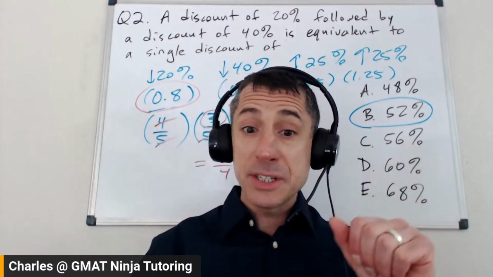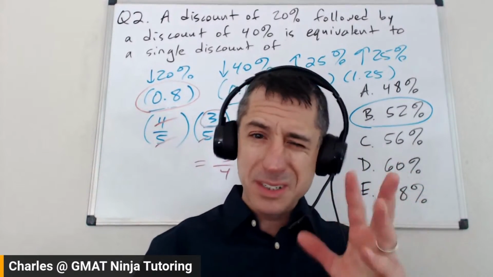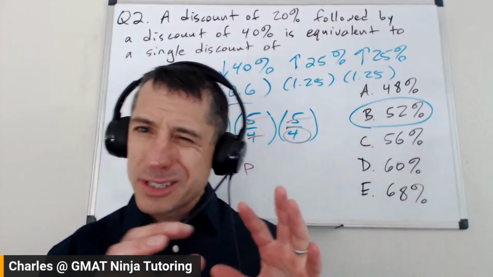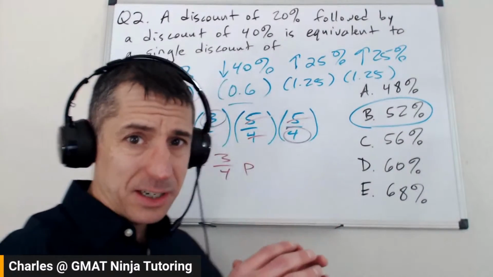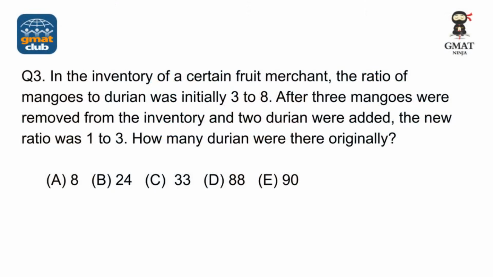Okay, last 3 questions in the video. We're going to make these a little more conceptual. This one's a nice word problem, still somewhat mechanical. It's about as hard as a ratio question will typically get on the GMAT Quant section. You could see something a little tougher, but I wouldn't expect anything a whole lot nastier than this. If you can get this right, you're in really, really good shape on ratios.